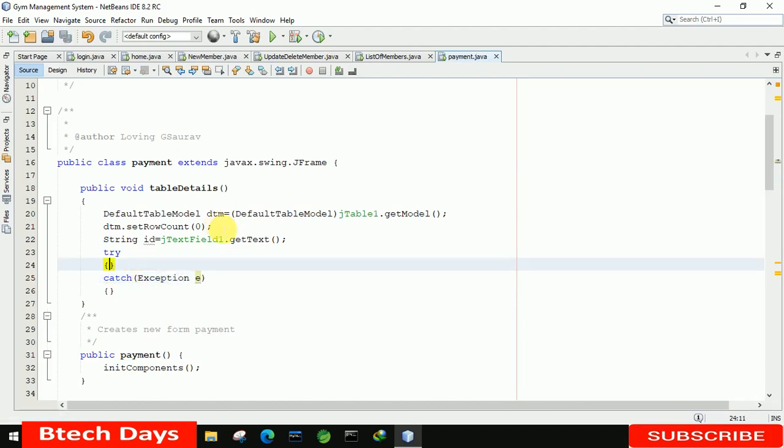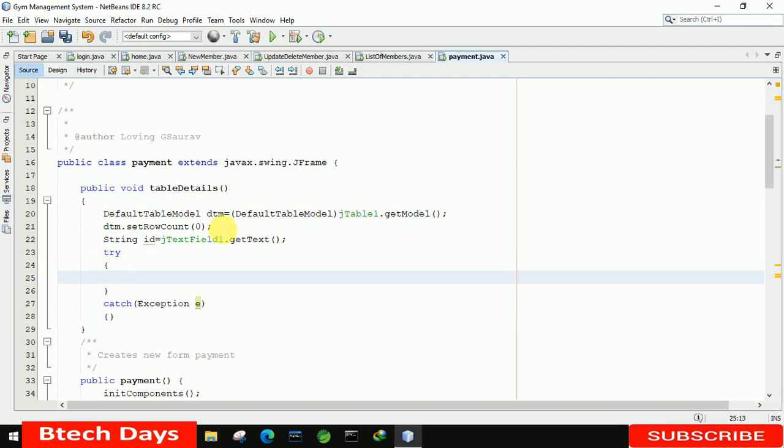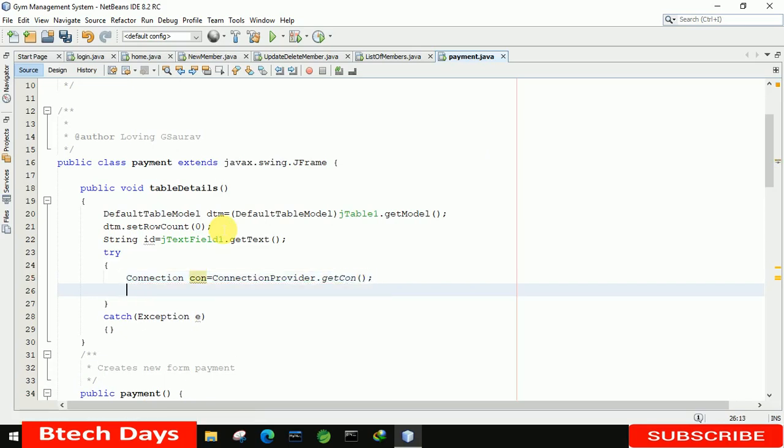Okay, in this try we first have to create the connection: con equals to ConnectionProvider dot getCon. After that, Statement st equals to con dot createStatement, this one.